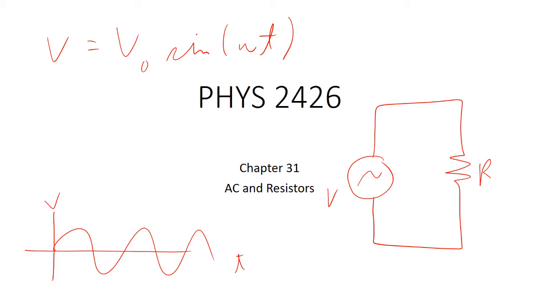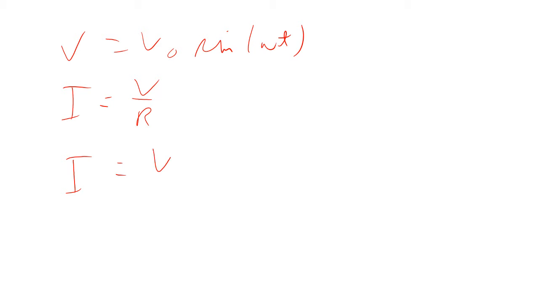And since we know that in the resistor V equals IR, then the current, I, is going to be equal to V over R. And so that means the current is also going to be sinusoidal. Say the voltage is V naught sine omega t. Then the current, which is just V over R, is going to be V naught over R